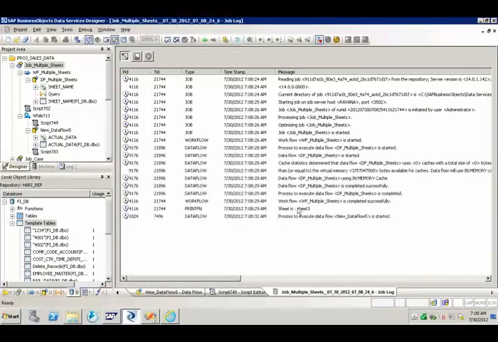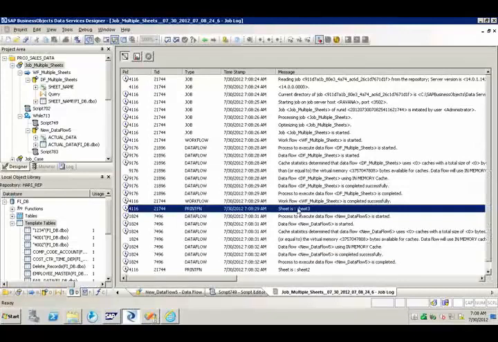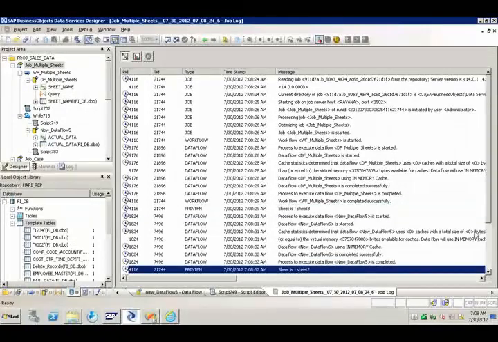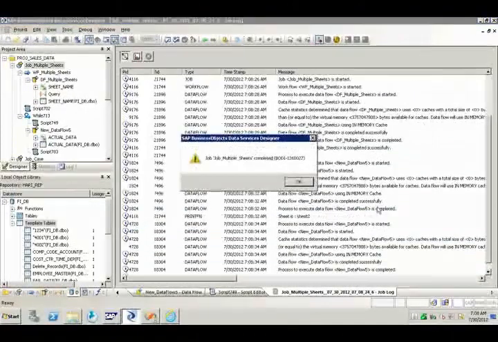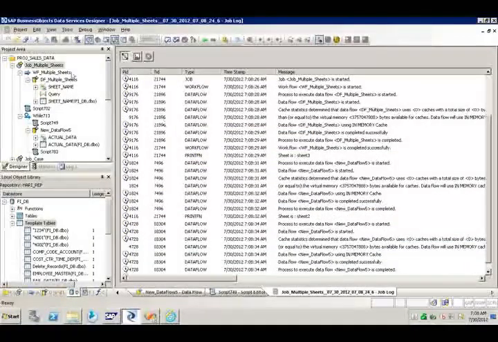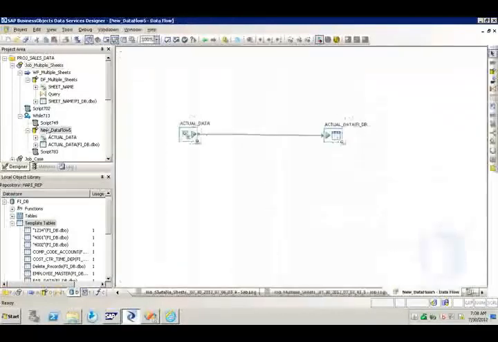So see, sheet number 3 is processed first, then sheet number 2 is processed next, then the job is completed successfully. Now, madam, how many records will be there in our actual target table? How many records are there in the file?